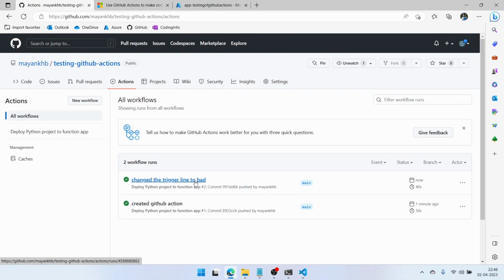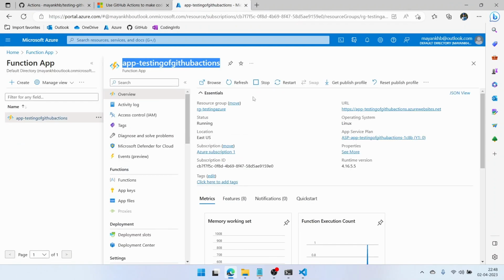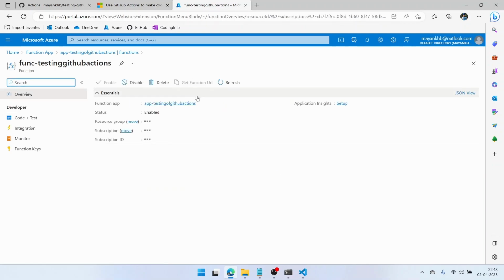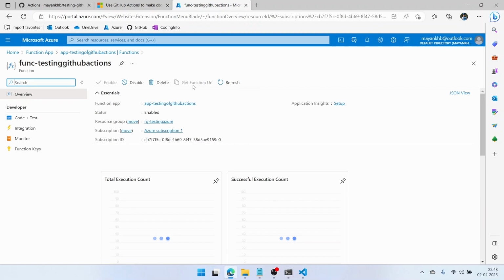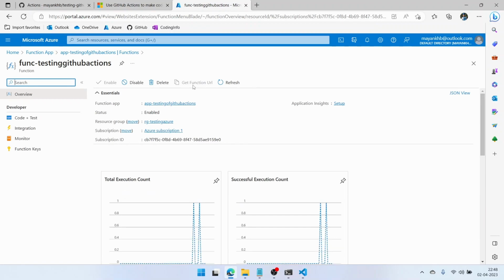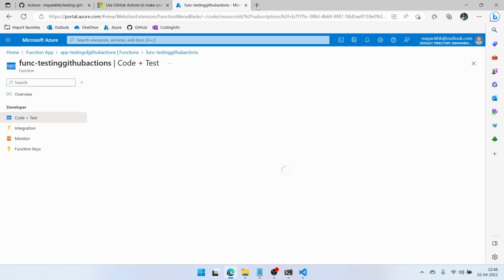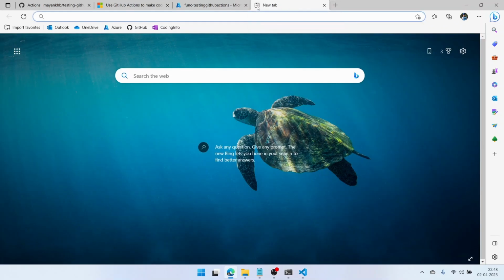How can you verify that it ran successfully? Like we verified it the last time, let's go to function, click on function, and let's get the function URL. Load fast. Sometimes the Azure portal gets really, really slow. Okay, it is not giving me here. I need to get the function URL. Let me go here. Or I have the function URL in my clipboard. Let me press Window V.